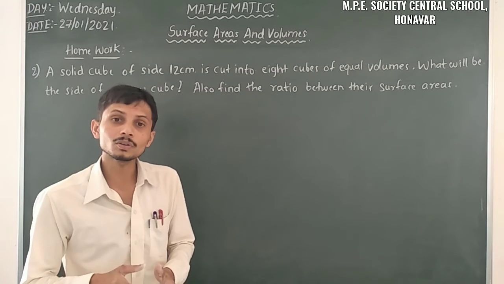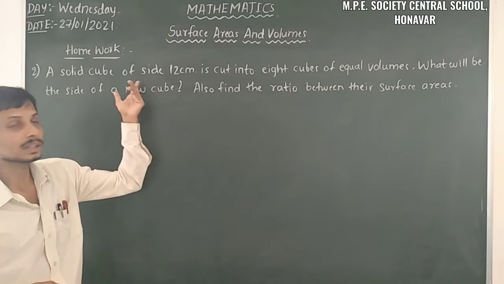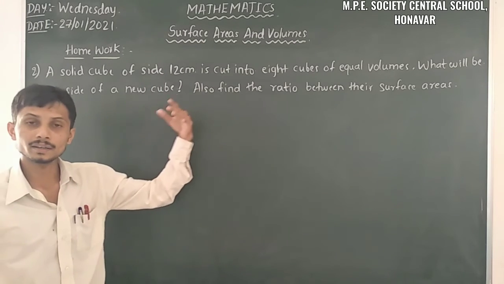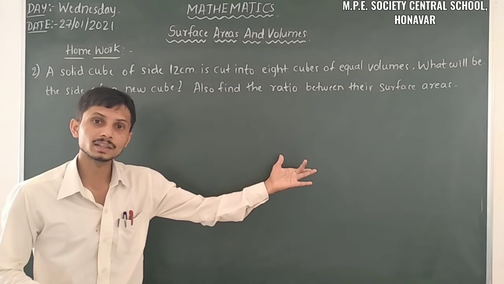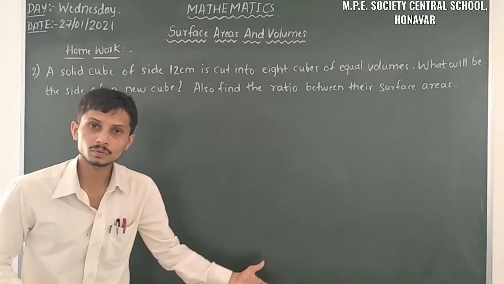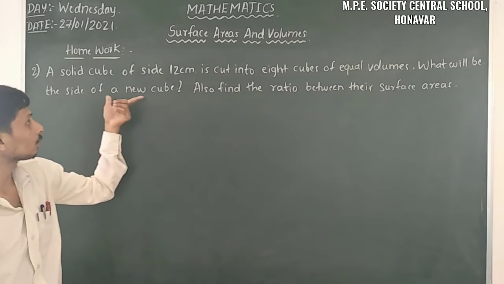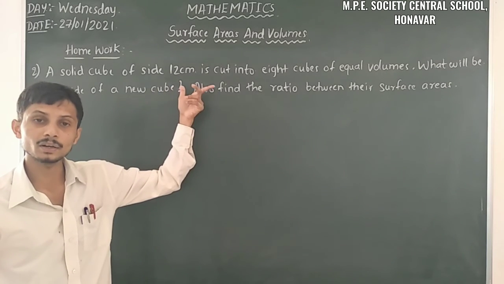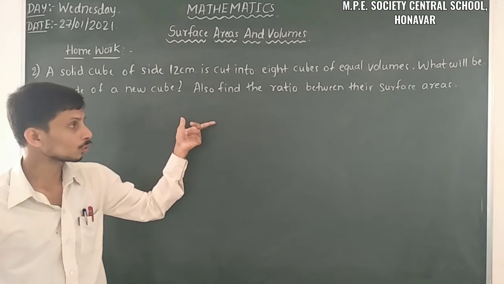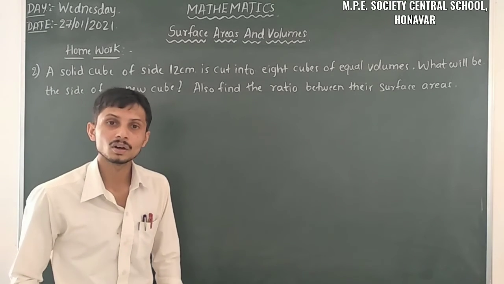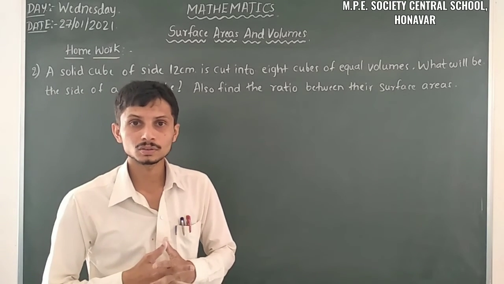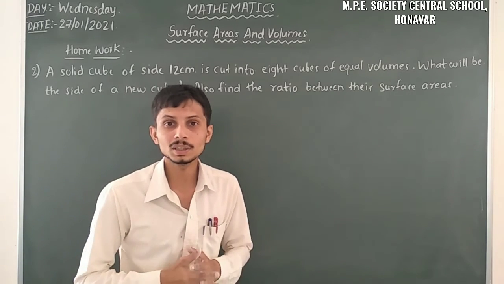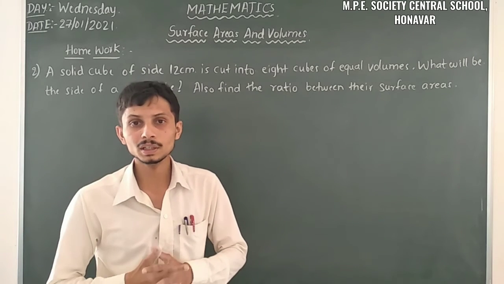And then when we have found it out, here we have the solid cube, that is the edge. For the solid cube, the edge is given as 12 cm, and the new cube where we are finding the volume, we can also find out the side of the new cube. And using these two sides, that is the side of the solid cube and the side of the new cube, we have to find out the surface areas of each cube, then we have to divide. So firstly we take the volume of the solid cube divided by the volume of the new cube.